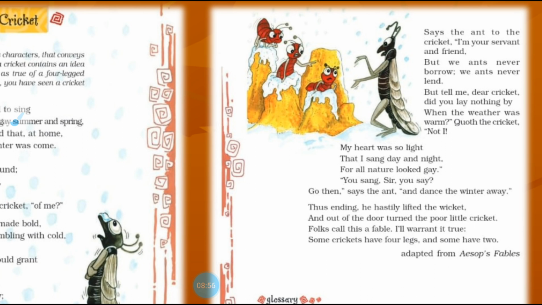We human beings have 2 legs, and those human beings who spend their time carelessly, aimlessly, having fun, making merry, are compared here by the poet to two-legged crickets, like that four-legged cricket who spent his happy days in making merry, and then he had to suffer in his future,